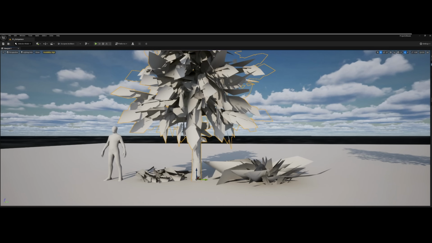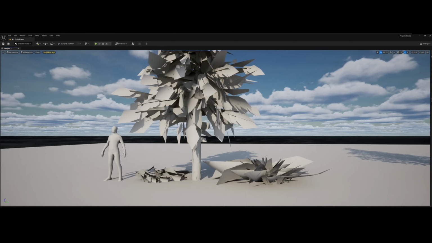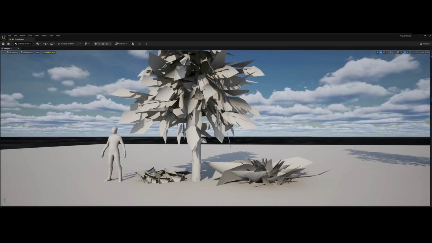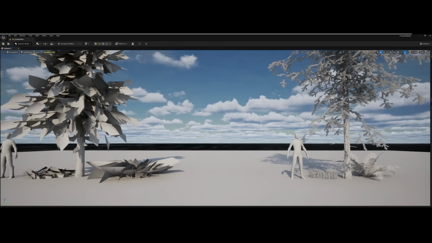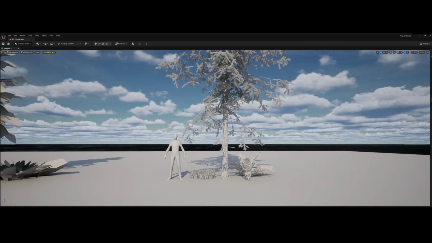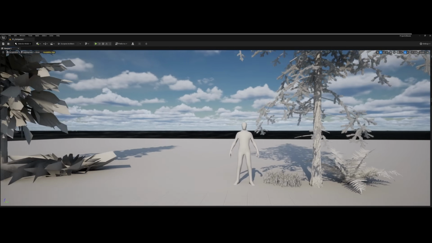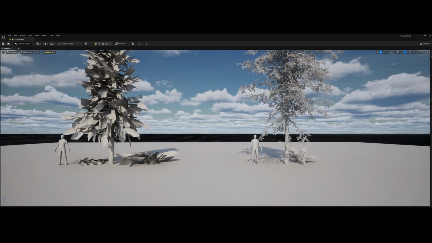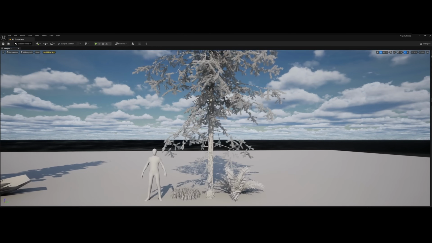So again, this is what we're used to seeing. This is what we're used to developing. However, when creating Nanite assets, the way in which we should be developing going forward are foliage assets that look like this. So as we can see here, there aren't any cutouts. There's not any mask trickery going on. This is fully modeled